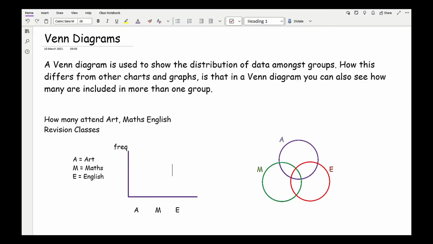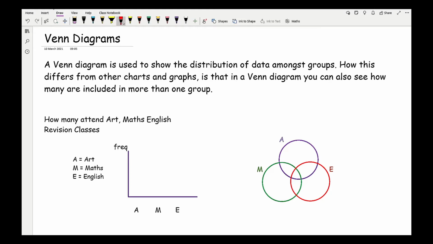How this differs from other charts or graphs is that in a Venn diagram you can also see how many are included in more than one group. So for example, if we were to calculate how many people attended art, maths and English revision classes, then in a bar chart or a vertical line graph,